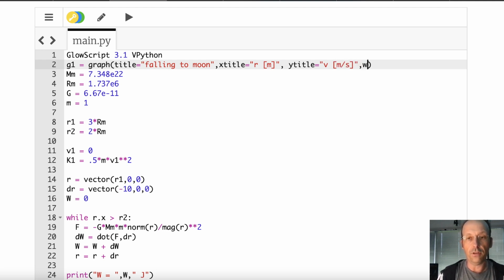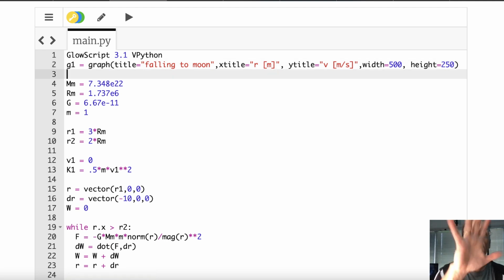And then I need to do this. Width equals 500. Height equals 250. I mean, you don't have to do that, but the graphs end up too big for this resolution. I'm at a lower resolution. Now I need something to plot. F1 equals G curve. Color equals color dot blue. Oh, and then I'm going to show you one other thing on paper. So down here, now I have my